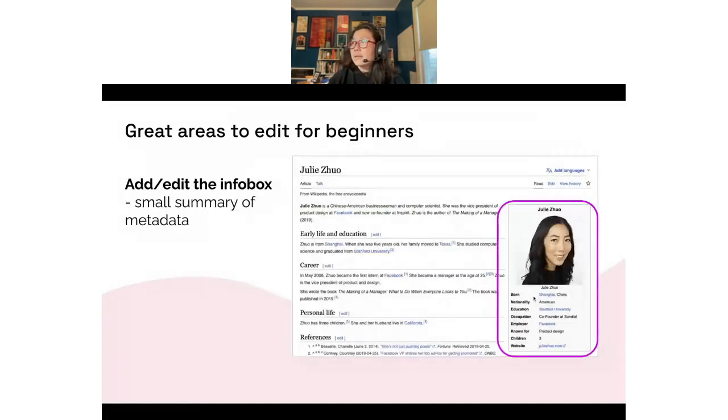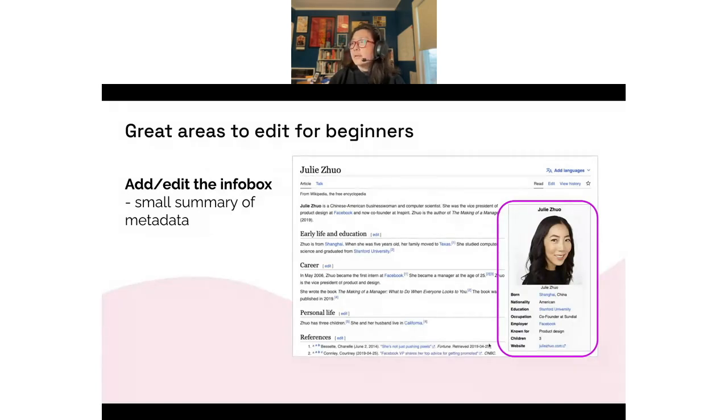All right. And then let's see. Another area is the info box. So I'm sure people have seen this info box. You can also edit that. A lot of times you can put some of the information that you find in Wikipedia already, or in addition to the articles, you can put it in the info box just to add some more information for scannability.